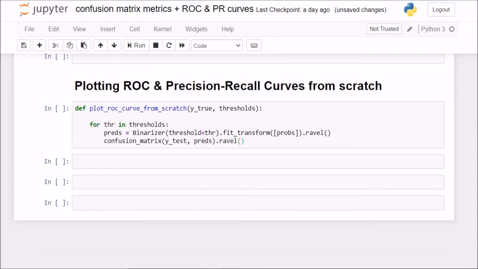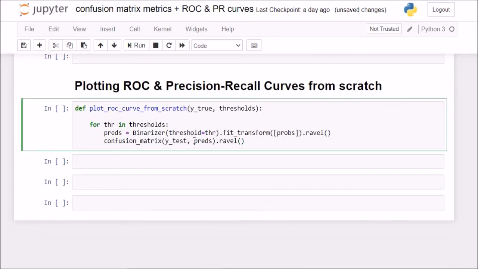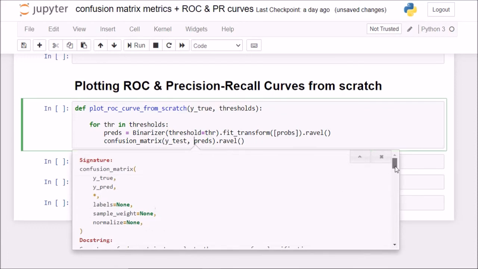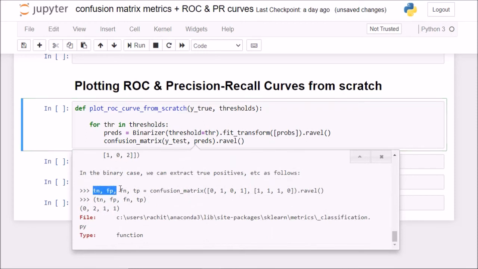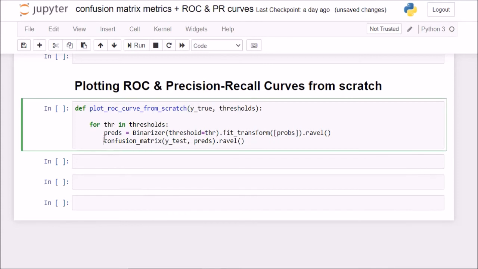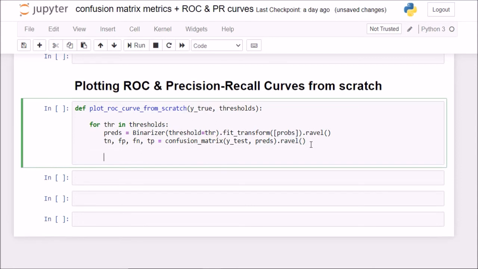So if I check the original order in which the confusion matrix is built, I'll find that it is in this order: true negative, false positive, false negative and true positive. So this is what I'll be doing here. Okay, so now I've extracted the information of all of these four cell values. Now it is time to calculate my x-axis and y-axis coordinates. On my x-axis, I have the false positive rate. So I'll name this false positive rate 1 to avoid any naming convention issues, and I'll say FPR1 is equal to, what is my false positive rate?